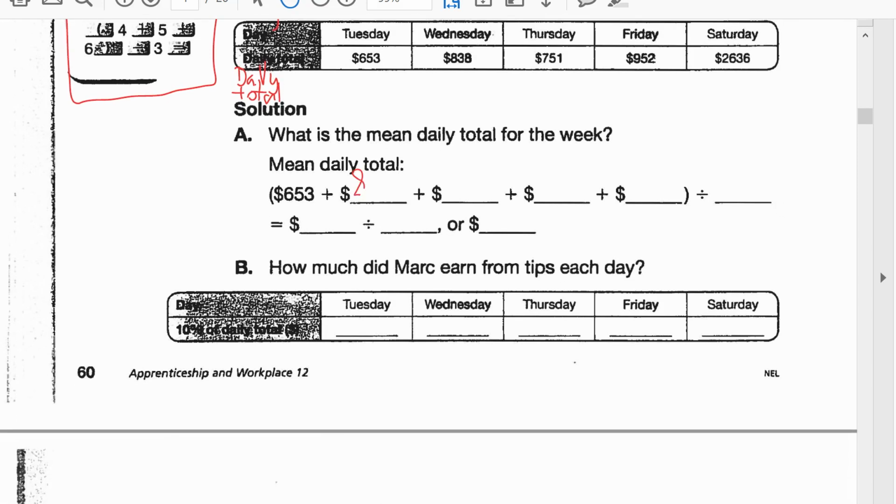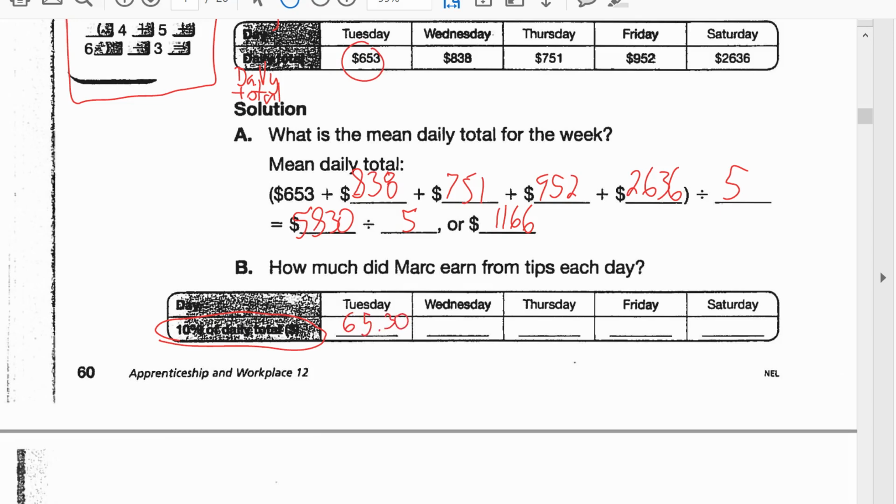So he adds all of the totals divided by 1, 2, 3, 4, 5. So we get 5830 divided by 5, or 1166. How much did he earn for each day? Well, it says right here 10% of the daily total. So 10% of that is